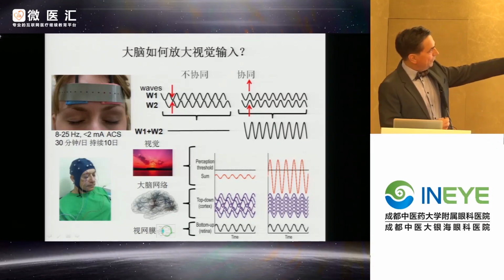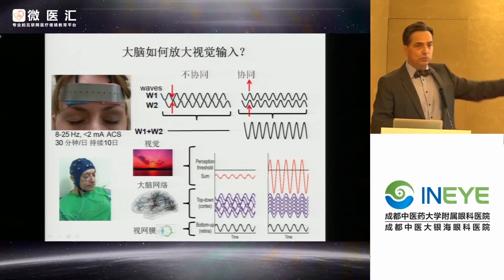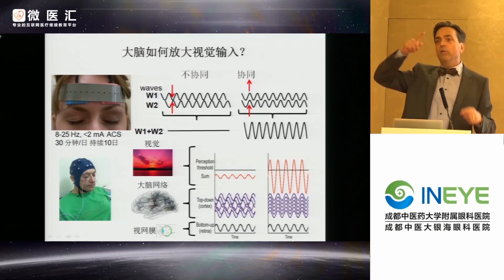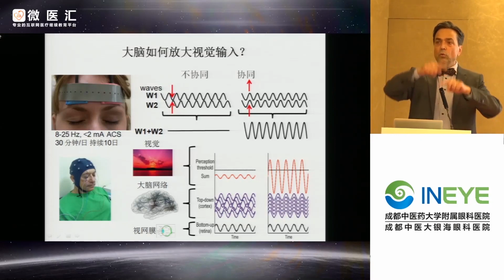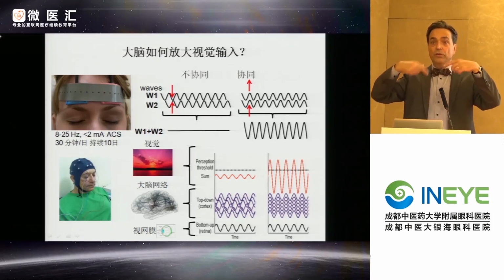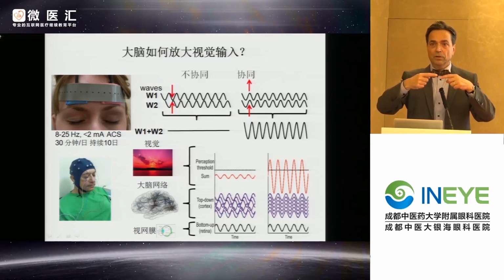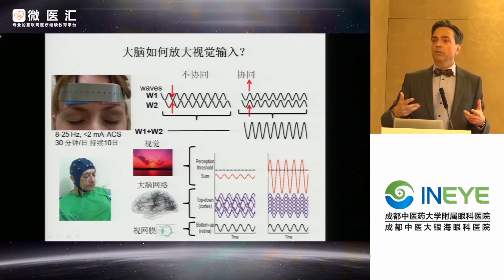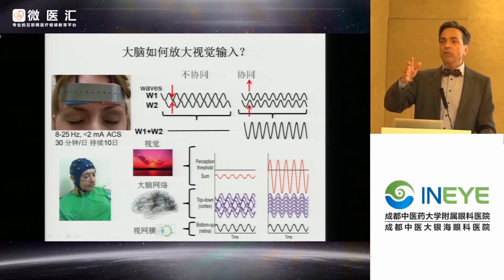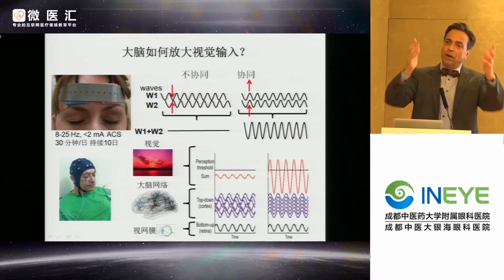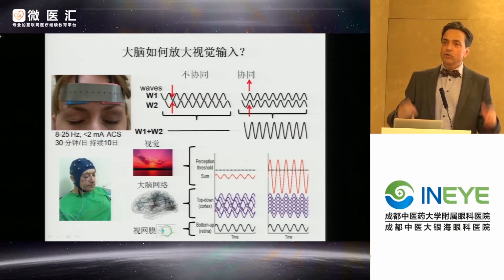On the upper graph, you see W1 and W2. These are sine waves, a very simplified version. So two waves or two synchronies of different circuits can be either synchronized or non-synchronized. To illustrate what I mean by that, could I ask you to please clap your hands as if I am finished with my lecture? Could you all clap your hands?